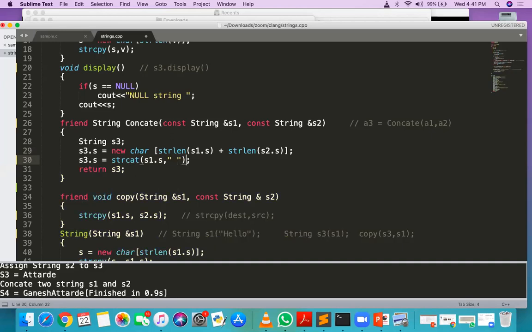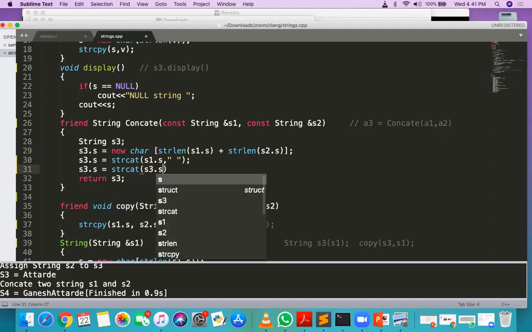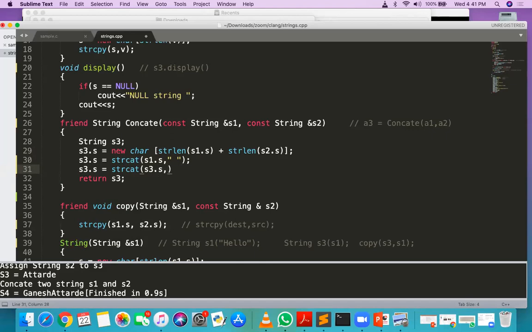I have written that already: s1 dot s is equal to strcat, then s3 dot s. If you use it explicitly, we have to write like this, s2 dot s, and here we need to put +1.